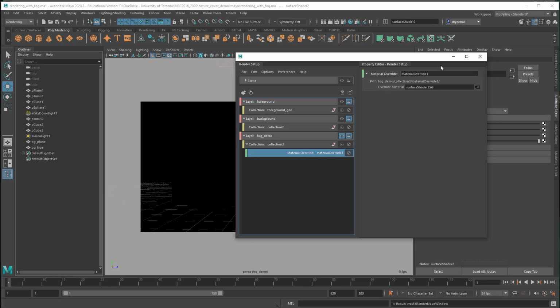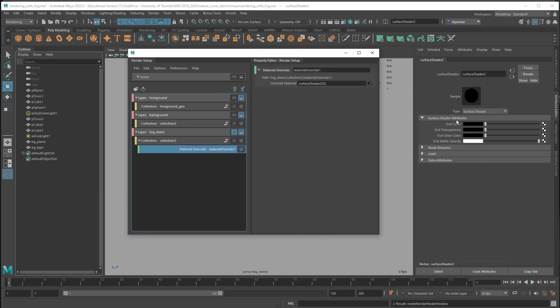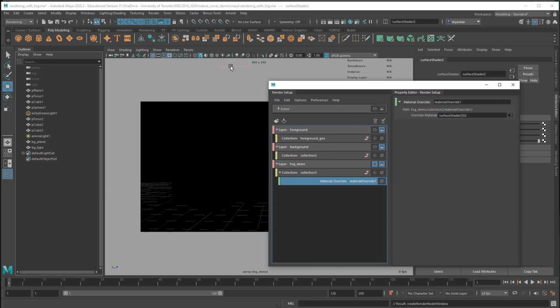So if we take a look at this shader here, out color is black, and this is the default, and no matter how many lights you shine on this thing, it will just be black. It will still cut out an alpha channel, but it will just render black. So now if we render this layer, just to take a look,